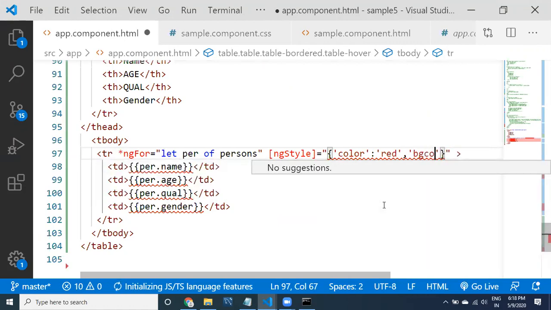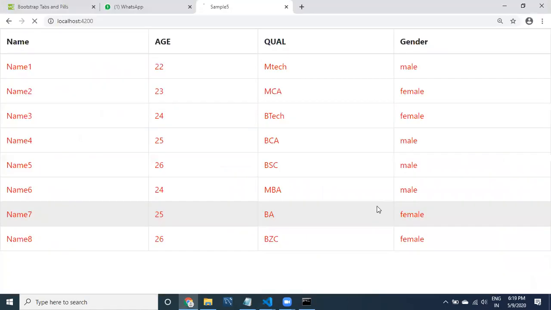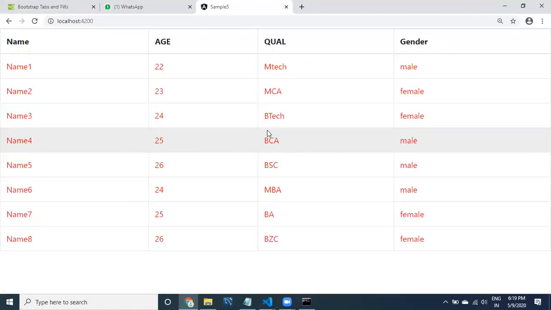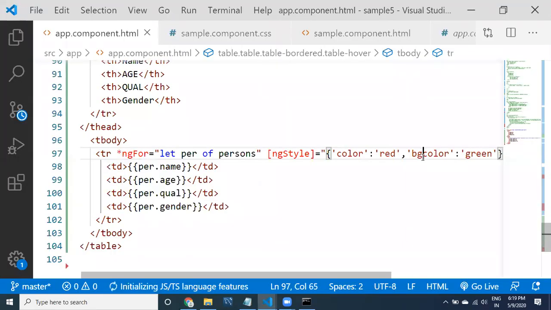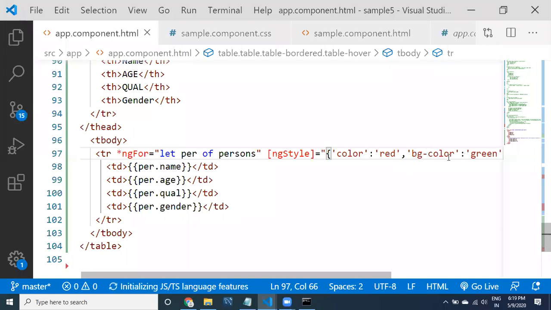BG color, colon, and then BG color, maybe green. Sorry, BG hyphen color. This is also not available. Background color.